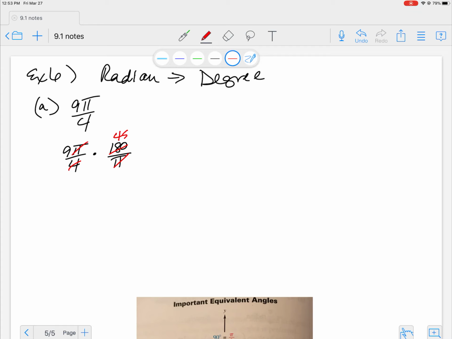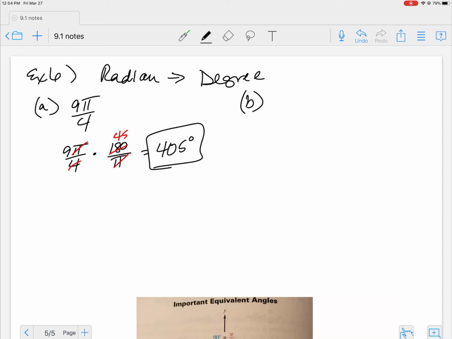Let's see, what do we got here? 4 goes into 180 how many times? 45. So 9 times 45 is going to give me what? 405? Is that what I'm getting? Yeah, and you've got a calculator. I've got mine sitting here, I ought to just use it, but I didn't. Either way, the same thing is going to happen if you plug this in